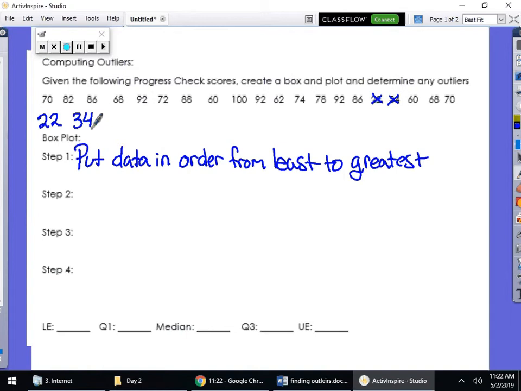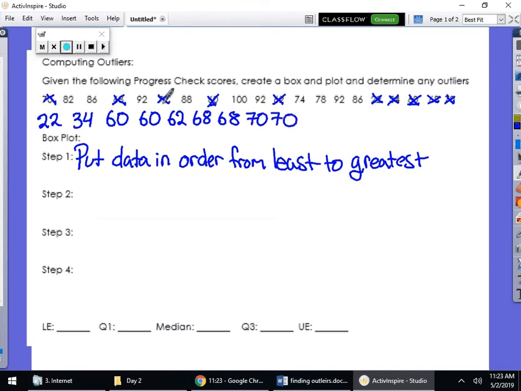Now we have two 60s. So 60, then 60, we have 62, 68 and 68,